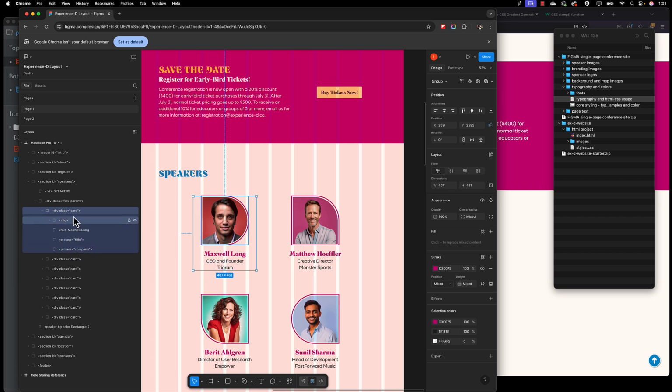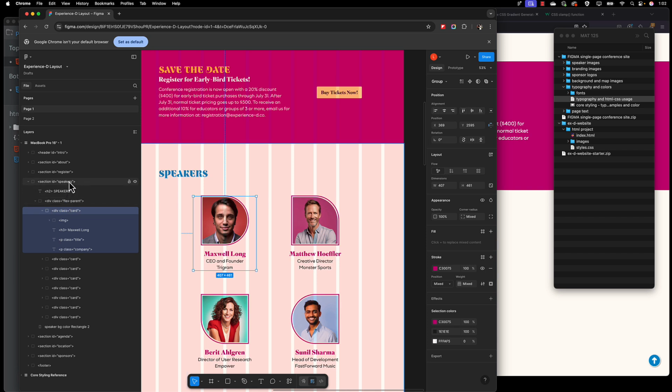All right. And so each one of these in this layout, you can see each card takes up 50%. So if we were to set the card to 50%, and when I say 50%, I mean 50% of the flex parent, which we can set the size of that later, but for right now,